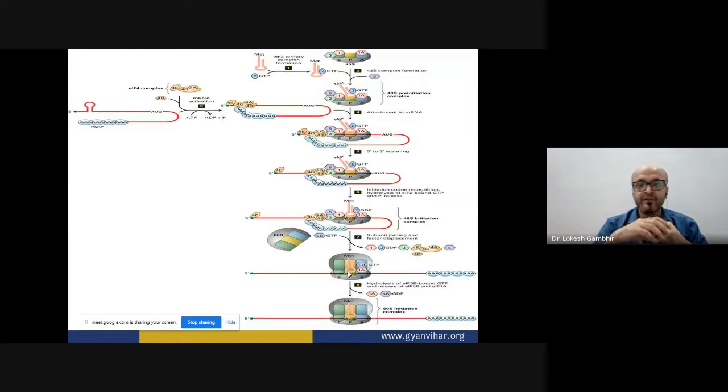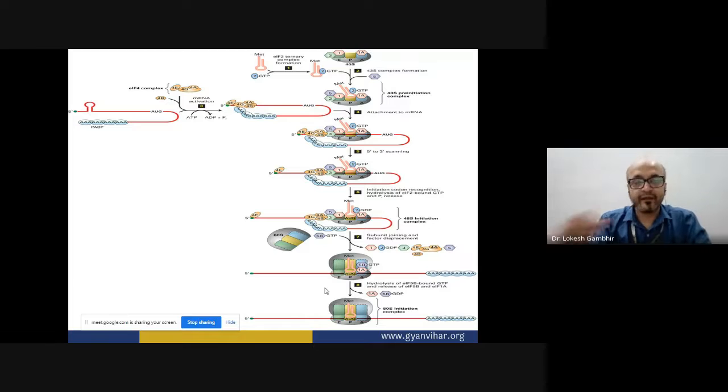So before going to elongation, let us summarize both the slides we discussed a few minutes ago. From first step to last step, we have discussed clearly what is mRNA activation, what is the 43S initiation complex, what is the role of each and every initiation factor, and what we have reached after initiation. The step which was the binding of initiation factor 4 to the mRNA is called activation of mRNA. And the last part where we have reached is the 80S initiation complex.